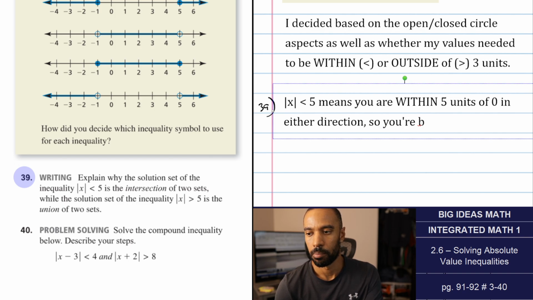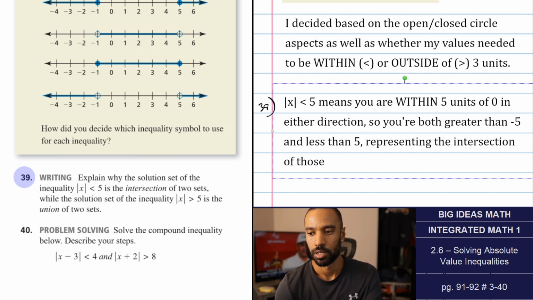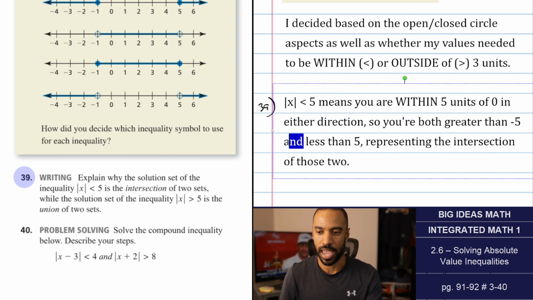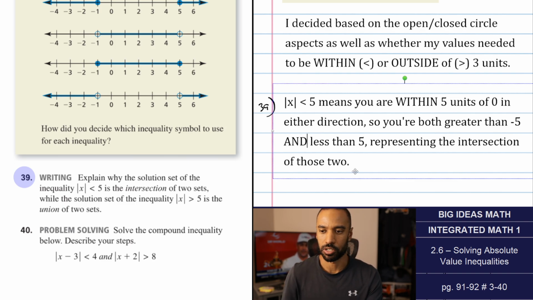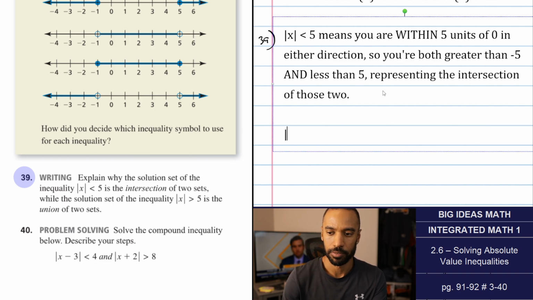So you're both greater than -5 and less than +5, representing the intersection of those two. Now, the big word that I glossed over was "and," less than that. It's the intersection of those two. Now, the absolute value of x is greater than 5